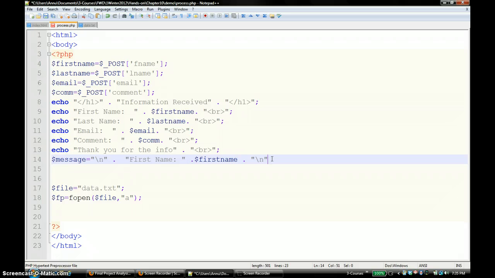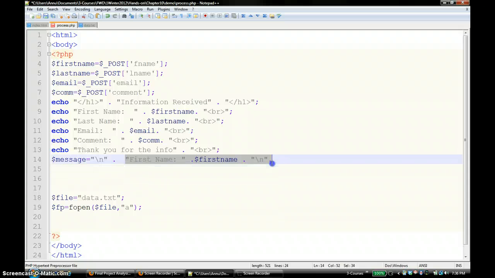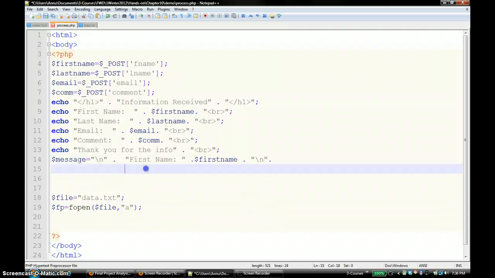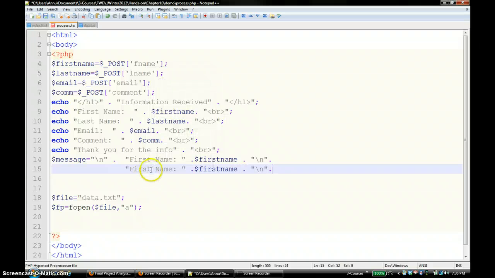Then I'm going to add, make sure that you have that dot there, and I'm going to say last name. Maybe I'll simply copy and paste for the last name. Please note that it's one big string that I'm making, but it will have line breaks in between. So here it would be